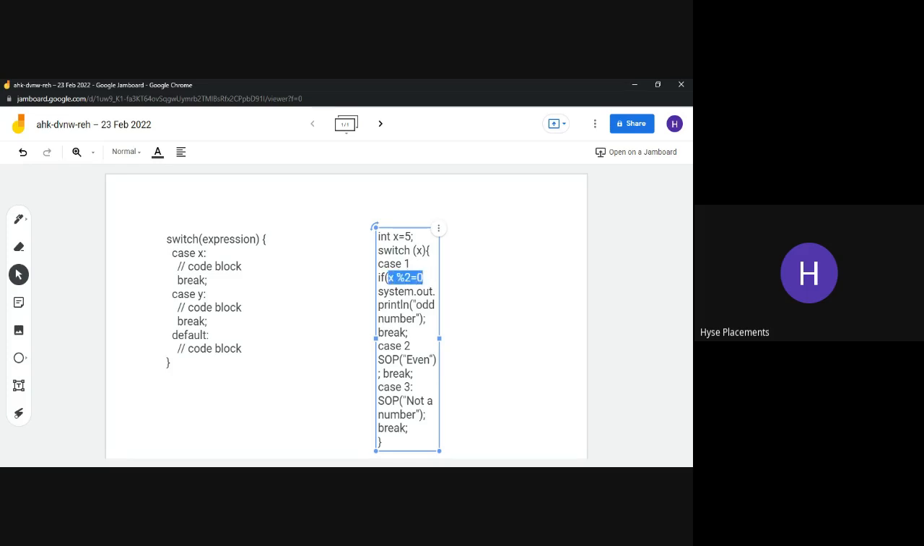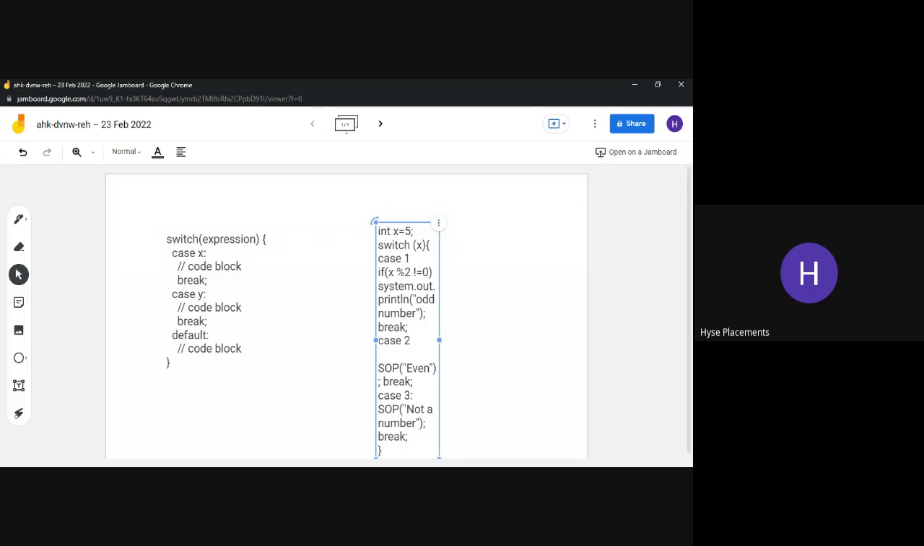But here I want it as an odd number. So what I write is x % 2 not equal to 0. Okay. So if this is true, then this will print. Else, it goes to case block 2, and here it checks the same condition. If it is equal to even,